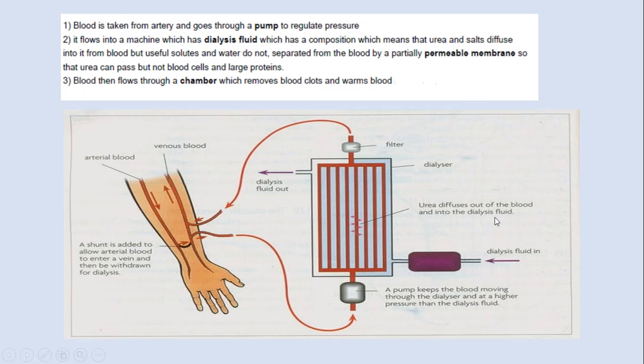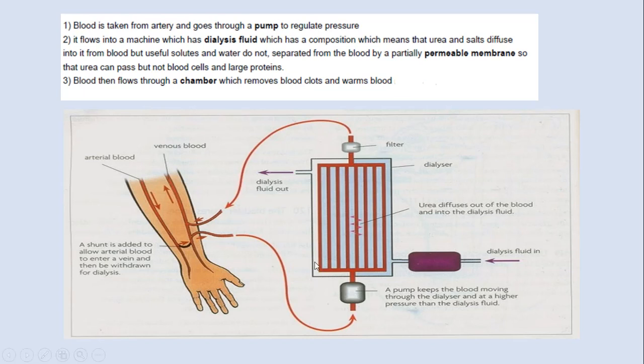So here, this fluid contains a proper amount of salt, in order to make diffusion of salts from the blood happen efficiently, and in order not to lose all the salts or most of the salts from the blood. As we know, in order to have an isotonic solution between cells and inside the cells, we should have a proper amount of salts and